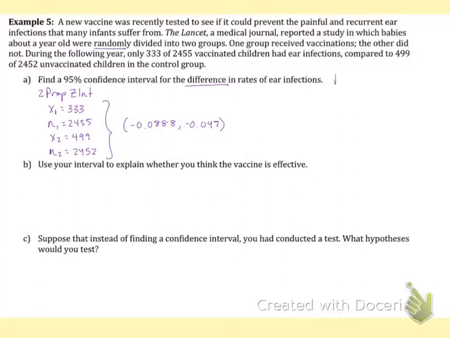In our case, P1 was the vaccinated group, and P2 was the control group, the kids that were not vaccinated. So when we take P1 minus P2, we're hoping that the vaccine will mean that there are fewer ear infections, which means that when we take a smaller number minus a larger number, we should get a negative number. So this shows that the vaccine does give